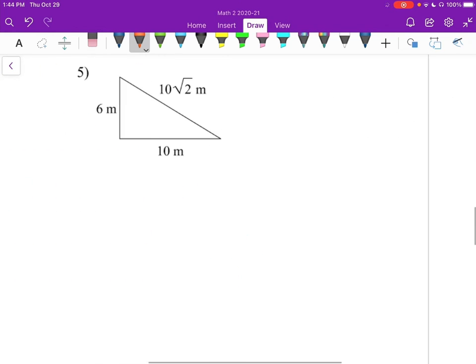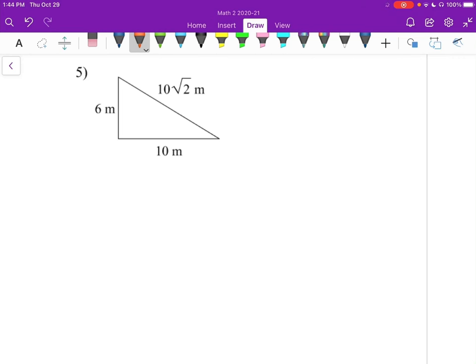All right. Number 5. 10 root 2 is going to be the biggest. That's going to be our C. So I'll make this my A and my B. The way that I know that that's the biggest side is because I know that root 2 is bigger than 1, right? It's 1 point something. And I know that 10 times 1 point something is going to be bigger than plain old 10. So that's the way that I figured that one out. So 6 squared plus 10 squared box